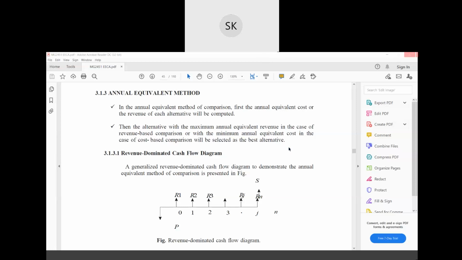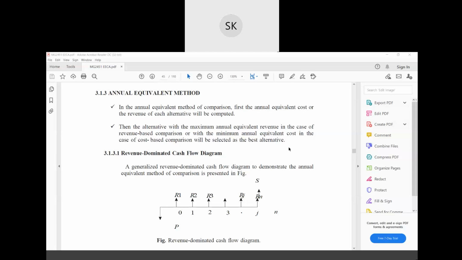So basically cash flow is how much cash you have at the beginning of a project, and how much you have at the end of the project. So the basic difference between that will be your cash flow. Suppose at the start of a project you were having 20 lakh rupees. At the end of the project you are having 1 or 2 lakh rupees. So that basic difference will be the cash flow.